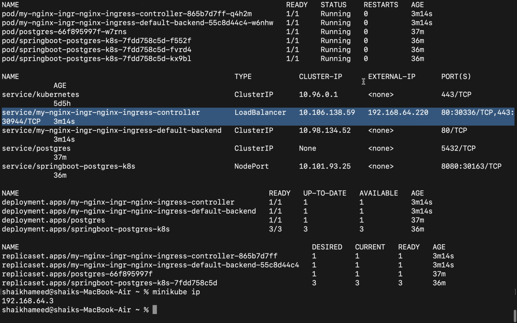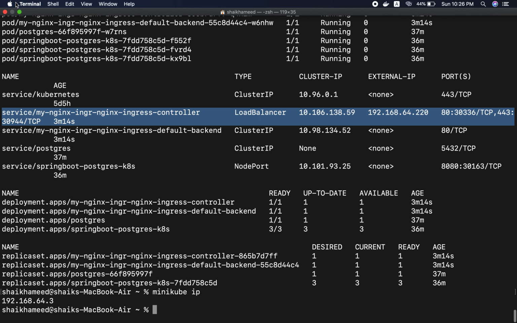If you don't have the MetalLB load balancer in your Minikube cluster, this external IP will show as none. Because I already have the MetalLB load balancer in my system, it is showing the IP address range that we have defined.